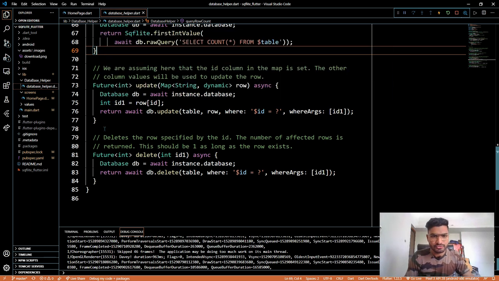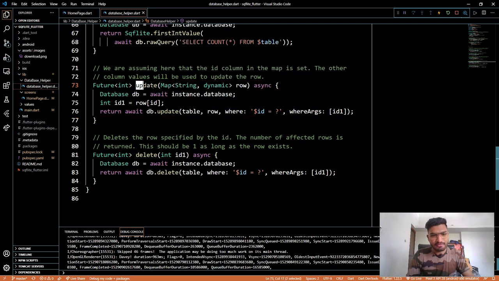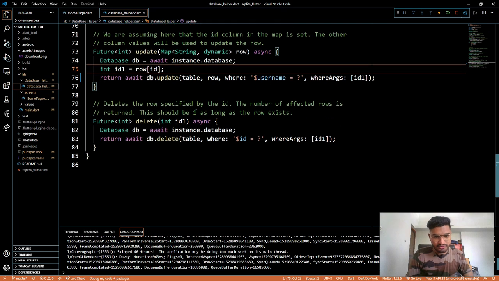It measures it by the ID. So the next is update, because just take one case that my favorite color is blue, but now I have changed it to red because, yeah, well, I can't say the reason. So what I want to do is change my favorite color to red. Then in that case I can run this update command, where I will pass where ID equal to, we are taking ID here, we can also write where username equal to Karan or KK4 or whatever it is, and then just update what argument I'm passing to the update command.